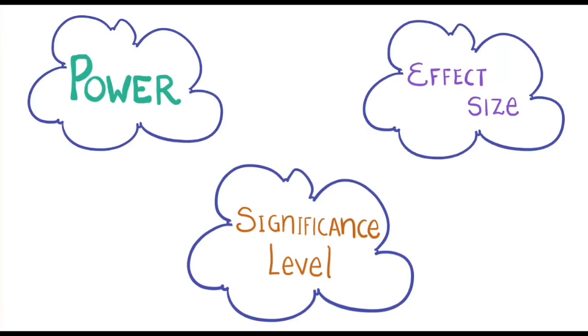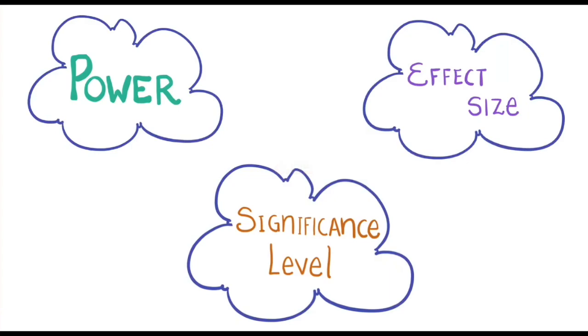Usually, we want power to be greater than 0.8, which means that we have at least an 80% chance or greater of finding the difference in statistical significance when there is one. With this value, we then calculate the sample size needed for a study. Significance level just indicates that the researcher can be confident a difference exists. To determine how meaningful the difference is, the effect size needs to be calculated, and an alpha of 0.05 is usually